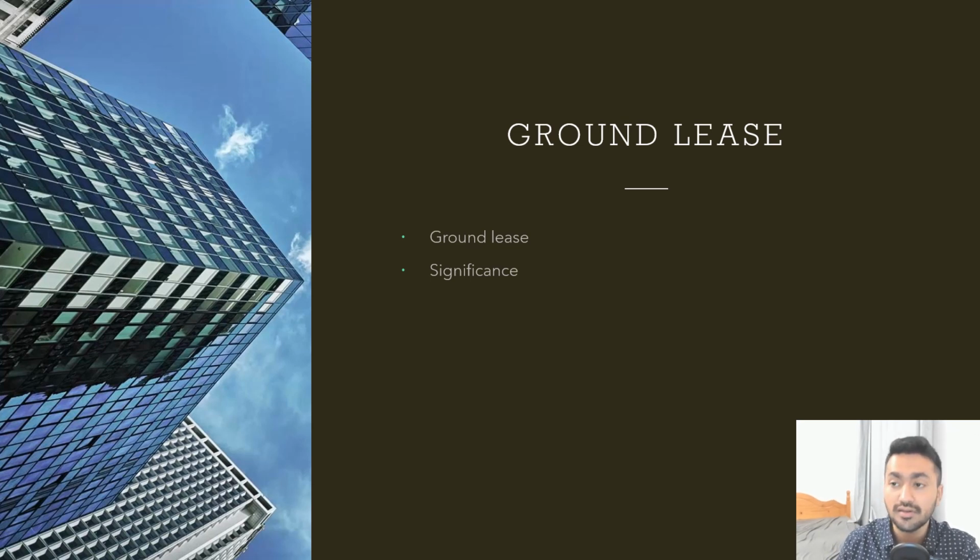The landowner also benefits by getting a regular income from rent, and still keeps the ownership of the land. So in simple terms, a ground lease is like renting just the land for building things. The land stays owned by the landowner, and you get to use it for your projects. So it's a way to use valuable land without having to buy it.